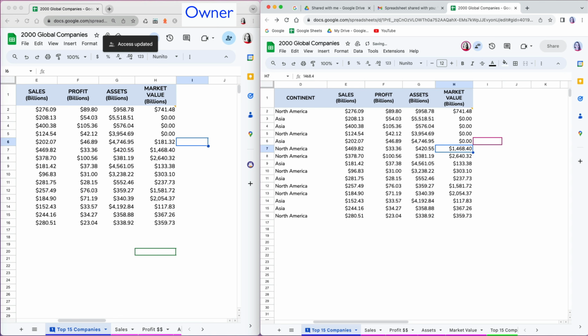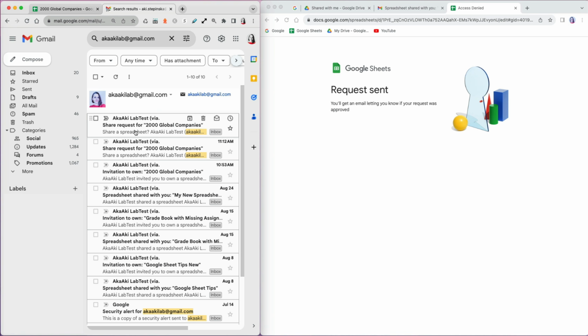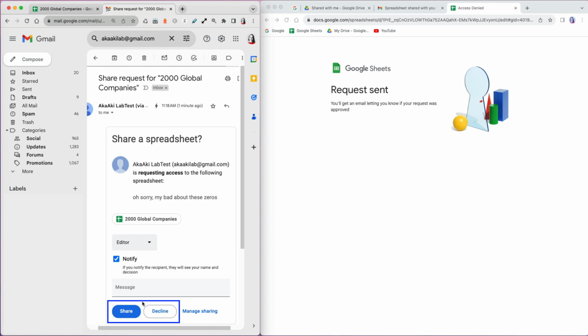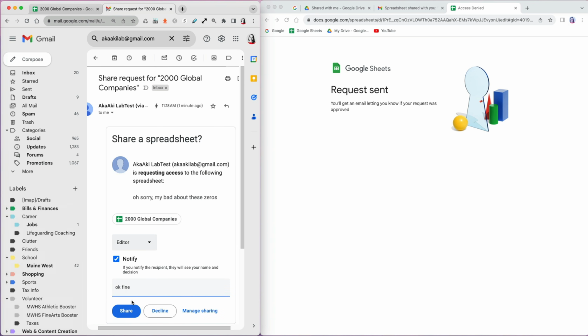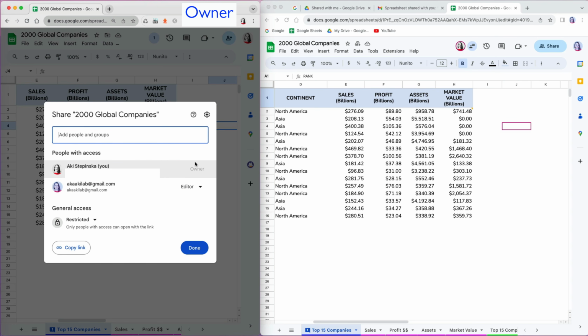I may not even notify the person about it, and they would be making changes to the file, etc. But once they try to refresh it, a warning message would let them know that they lost access and need to request it again. Once the owner receives a request to access the file again, I can either share or decline it. Sometimes you may be managing a file but you no longer want to, or someone else is taking